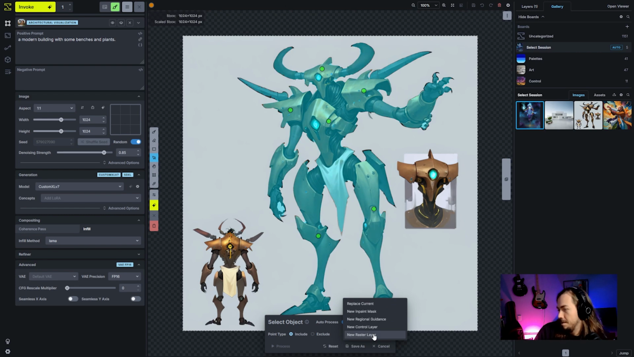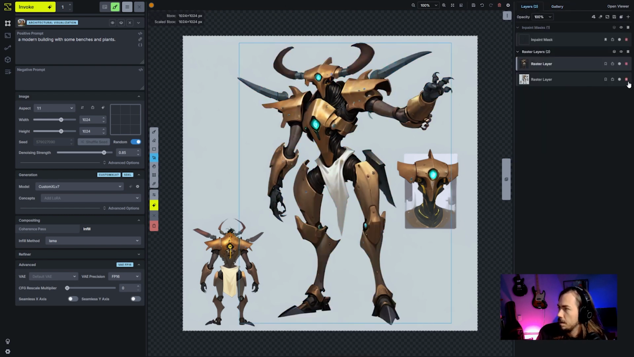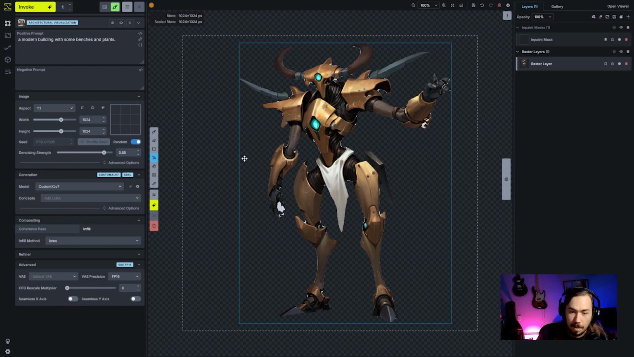What do we want to do here? We'll take this as a new raster layer. Cool, we'll like that. We'll take out our concept art-ish background. And maybe we want our robot to be on the beach. Maybe we want him to be, okay,